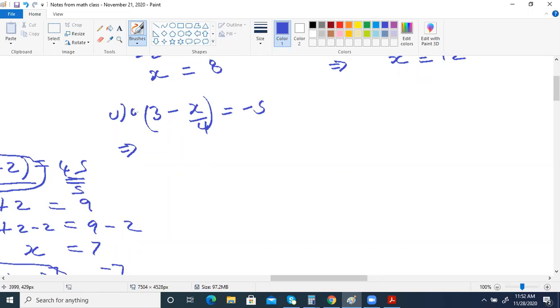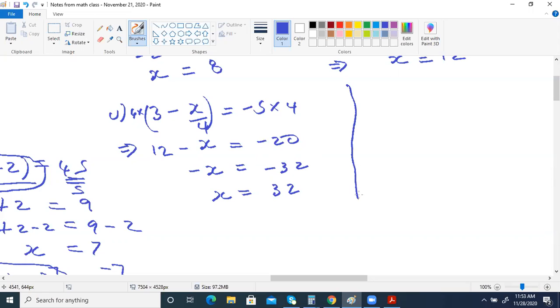So you multiply this side by 4 and that side by 4, then you end up getting 12 minus x equals minus 20, which is just minus x equals minus 20 minus 12, that is minus 32. Then you get x equals 32. So you can do it that way, nothing wrong. And if you want to do it another way,